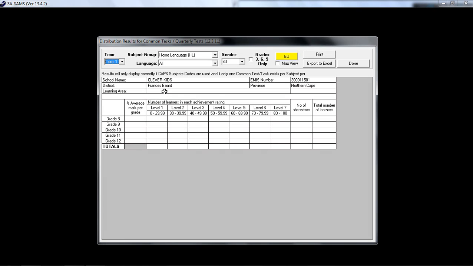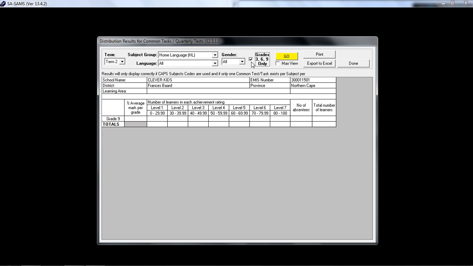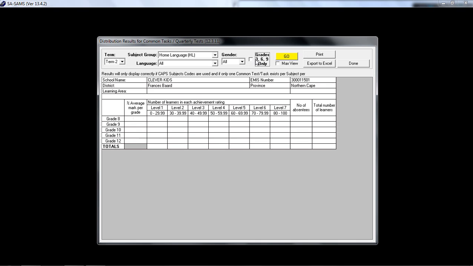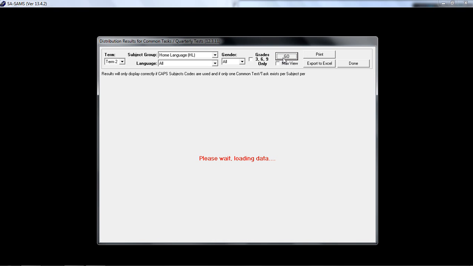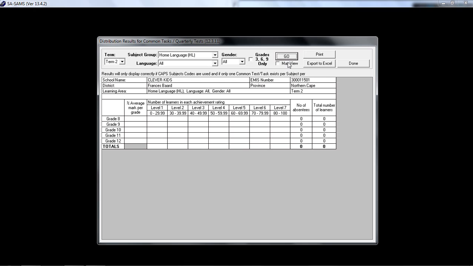You can also include common tasks and quarterly tests, first selecting your term, then what group does it fall under, and specifically the language, and gender. You can specify for males and females. You can also tick if it's only for grades 3, 6 and 9. Then click on go to filter. You can then print this report and export it to Excel if you want to,